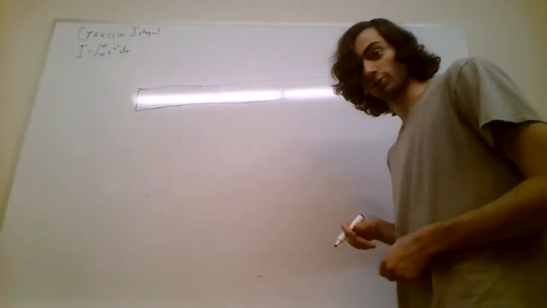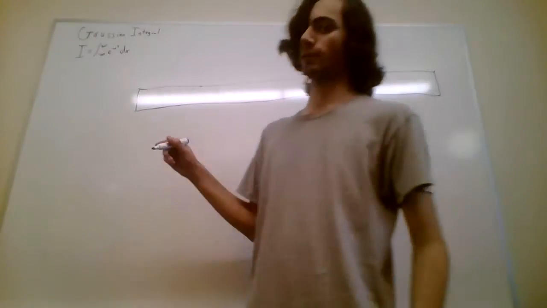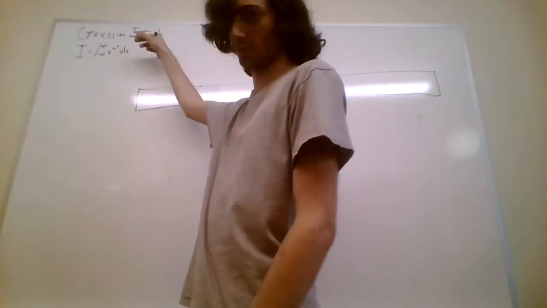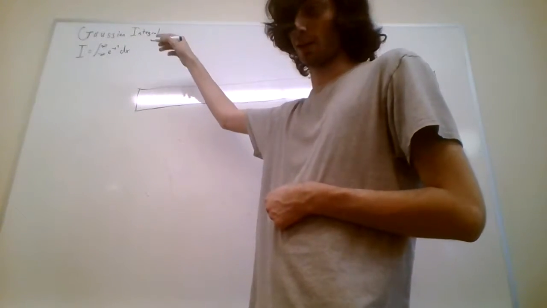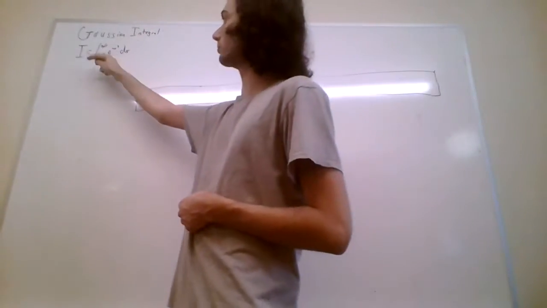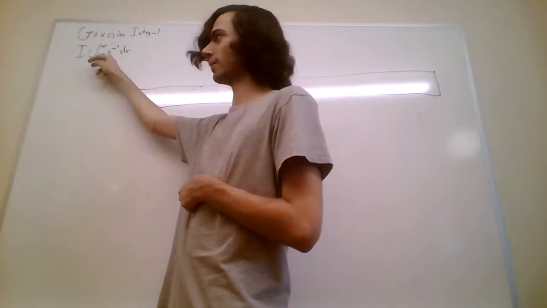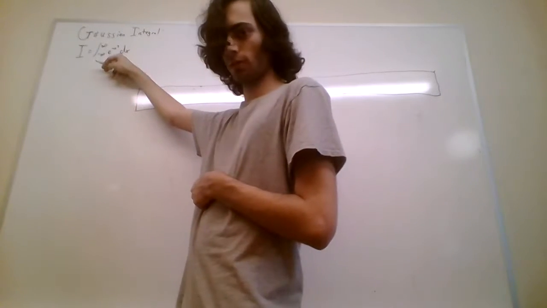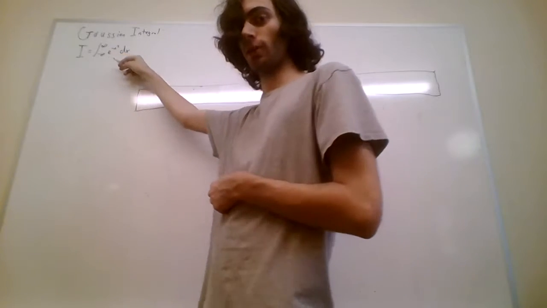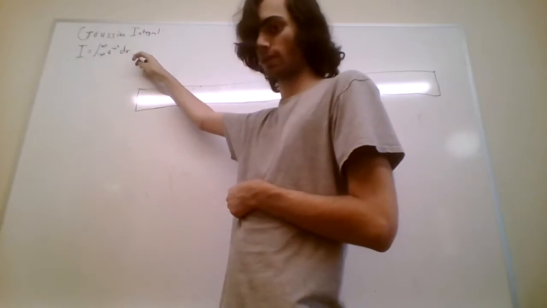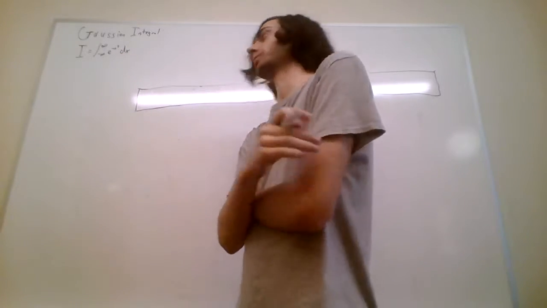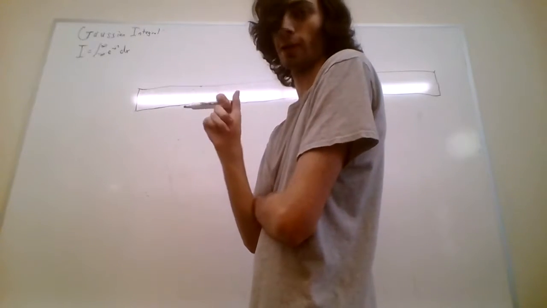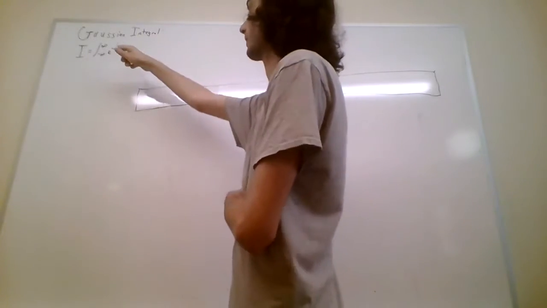Okay, in this video, I'm going to show you how you figure out the value for the Gaussian integral, which is a very useful integral in math. So you write it as capital I is equal to the integral from negative infinity to infinity of e to the negative x squared. Now, I have no way to integrate this right now, so we're going to actually use